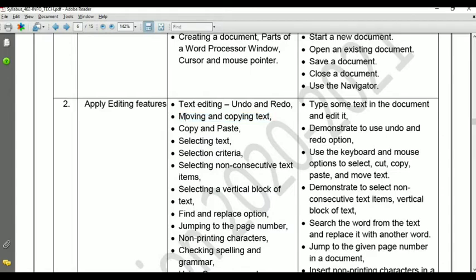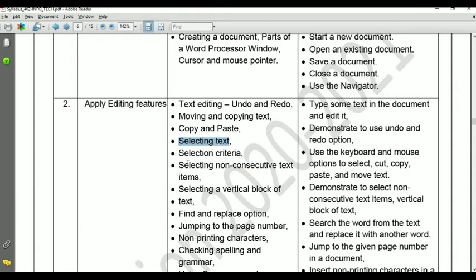Moving means cut, remove text from one place and paste it into another place. That is called moving. Then copying, copy and paste. Selecting text. Selecting means how we can select a word, how we can select a line, how we can select a paragraph, how we can select an entire document. We have to cover these many topics under this point.